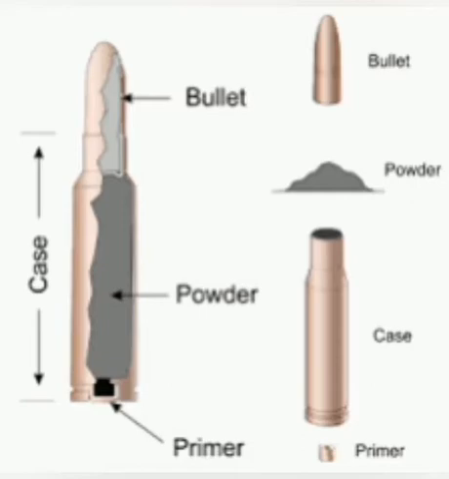Another type is caseless ammunition. Here what happened? There is no cartridge case. Means there is a bullet and the propellant is placed around it as a single solid ball. Nothing is kept inside. There is no case.